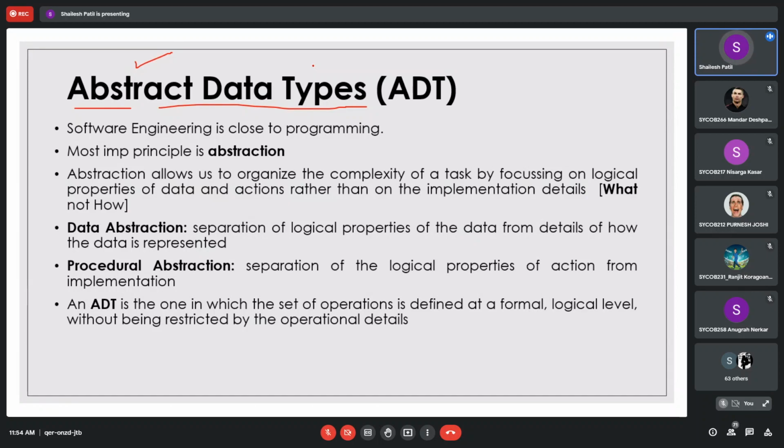We have abstraction in each and every part of our daily life. Suppose I'm driving a car. The car is an abstraction to me, because I am putting the gears in it, but I don't know exactly how it functions in the backend. Suppose I am playing something; how it is working in the backend, we don't know. We are only interested in the functionality, not that much in the backend. Yes or no? Yes, sir.